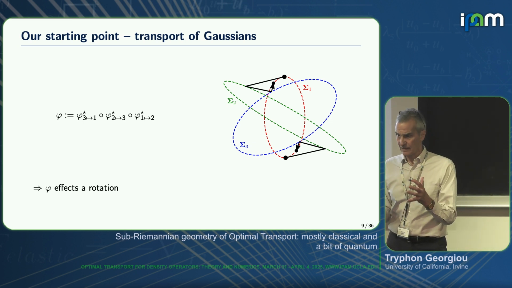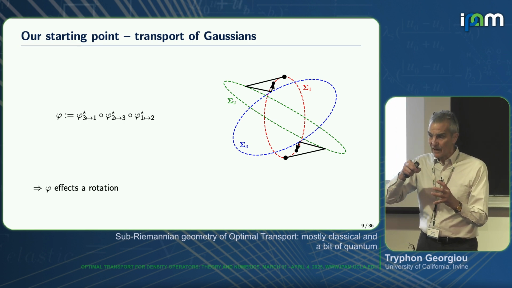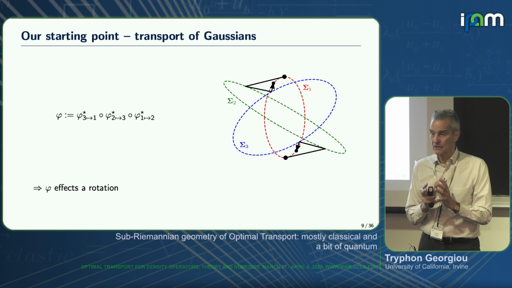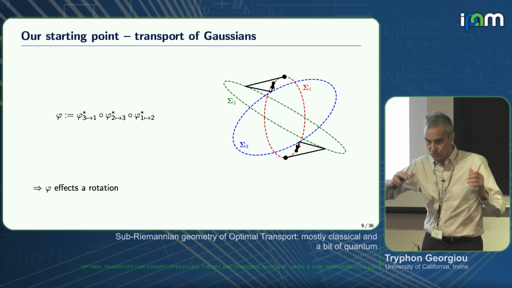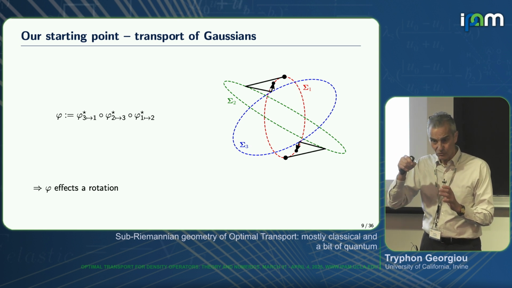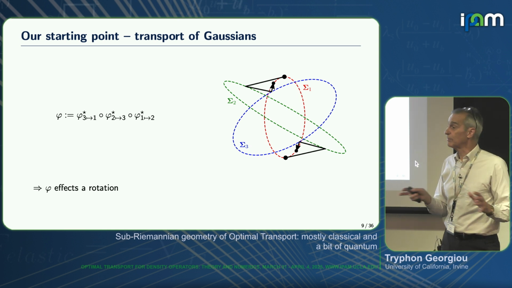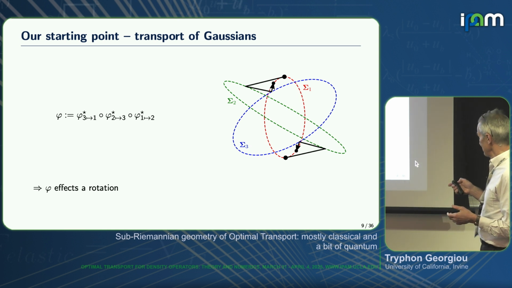Think that you have a piece of dough, okay? And you put a marker on it. Now you squash it. Then you squash it this way, and you squash it that way. And then you bring it back to the original shape. The marker that you put is not going to be where you started. It will rotate. I think as kids, we all played with that, okay?